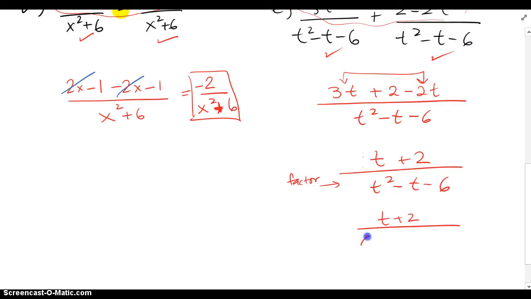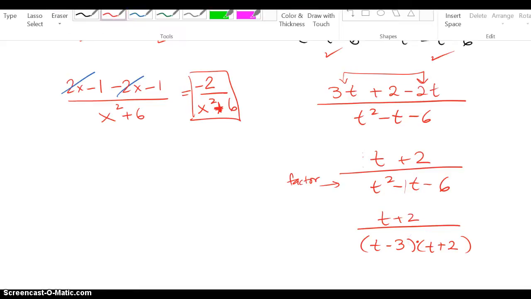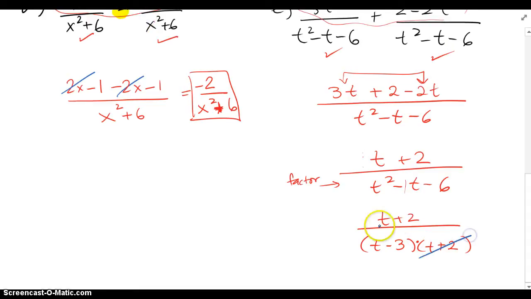And in checking that out, we can see that we can factor with a product of -6 and a sum of -1. That would be a -3 and a +2. And since these guys are multiplied, I can now reduce these, and it looks like we have a 1 left in the numerator. So my final answer is 1 over t